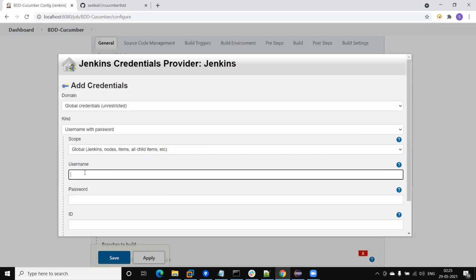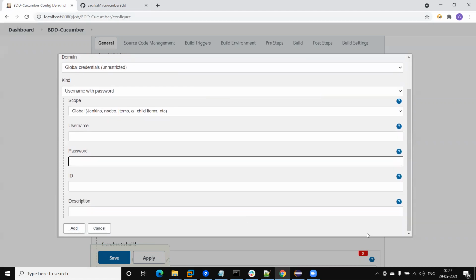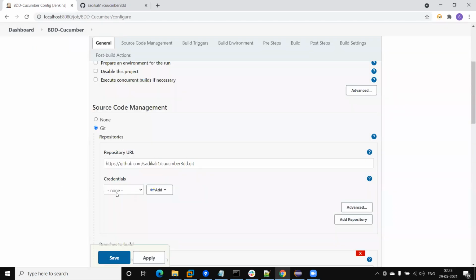Here enter the username of the Git, enter the password and click on the Add button. This will add the Git user in your Jenkins environment. After adding, your user will come under this credential drop down. So you will get it here. Now I'm selecting this user.